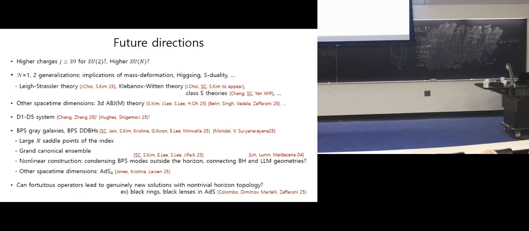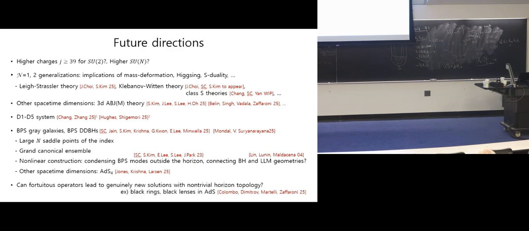One interesting thing is that if you consider the dual-dressed black hole type, since you have these D3 branes very far away from the black holes, this is half BPS, and you know that the backreaction of this half BPS D3 brane is nothing but the Lin-Lunin-Maldacena geometries. So maybe the nonlinear construction of the dual-dressed black hole is to find some solution connecting Gutowski-Reall type black holes and half BPS LLM geometries.